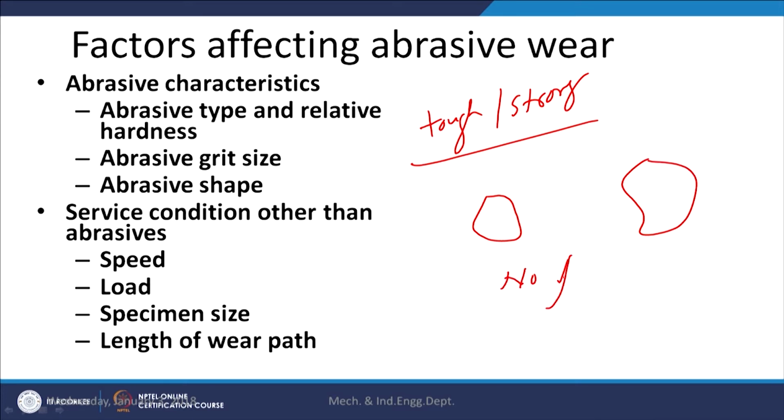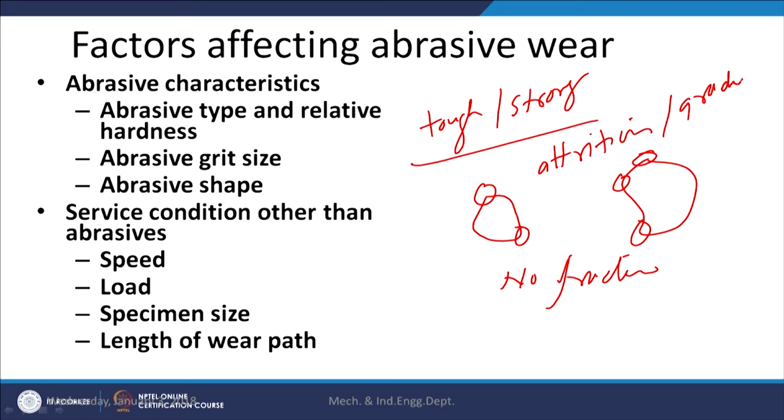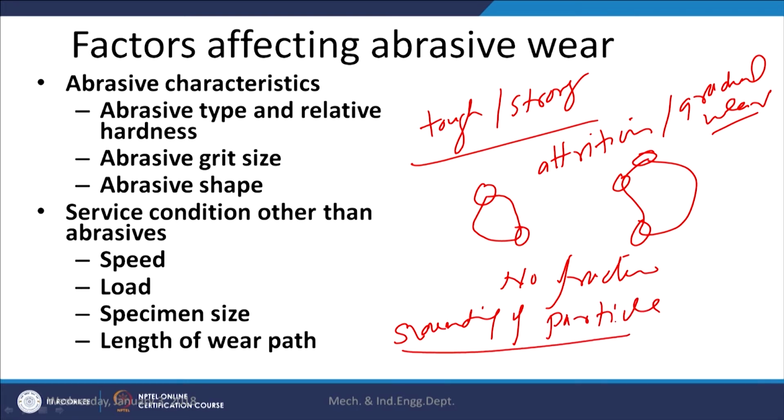So, no easy fracture is observed, but the sharp edges and corners of such particles are subjected to attrition, which we can say is gradual wear of the particles themselves, and such attrition leads to the rounding of particles which are hard, tough and strong, and such rounding reduces their ability